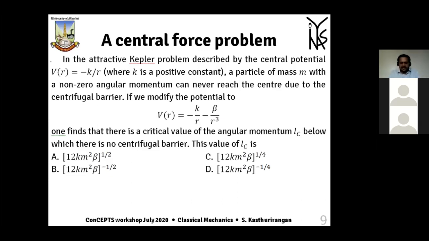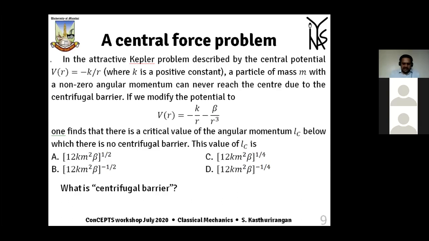However, as I said, if someone wants to make this problem tricky, then they'll just give 4 solutions, like the same solution, only the number they'll change, 12, 6, 3, 4. And the power outside the bracket will be the same for all 4. Then you will anyway be stuck. So it is a good idea to have a clear idea how to solve the problem completely.